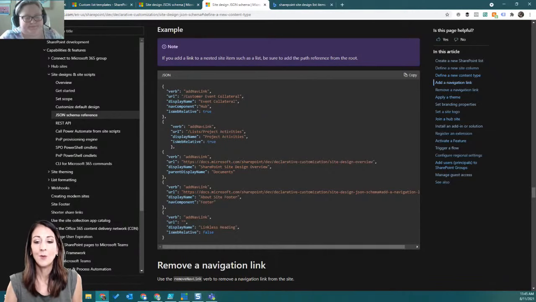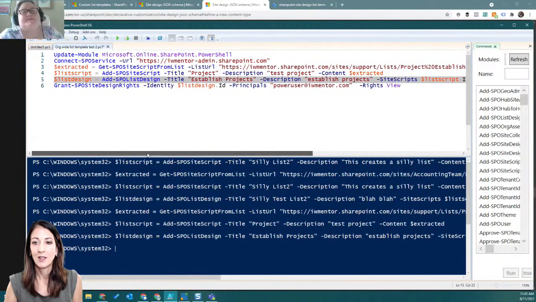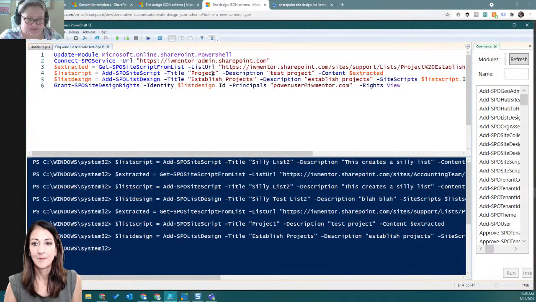Yeah, exactly. So say that again, Joelle, so they'll understand what you're saying. Yeah, instead of using that short script to just copy an existing list, which is the one that you have, you would have to write the entire script out and then use it just like you would with an actual site design. You would just write it out only for the list, and create the content type and everything in there. So that would be your add SPO site script, and then when you use the site script, it would be